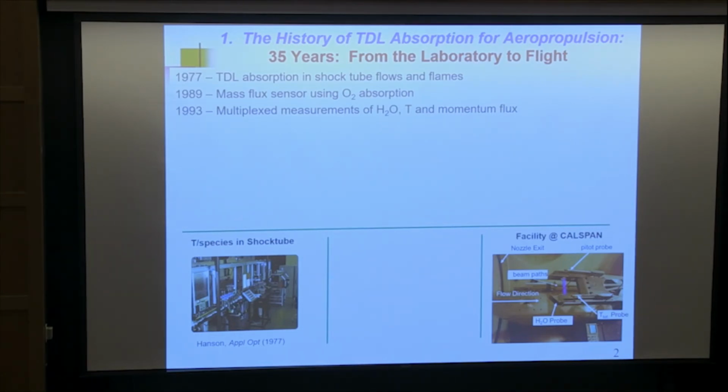We started doing these things at very high-speed flows, measuring temperature, velocity, mass and momentum. The mass flux is just the density times velocity. Momentum flux is just momentum flux, and that's the thrust in some cases. Then we learned that we can measure multiple things in real devices like combustors, and we did combustion